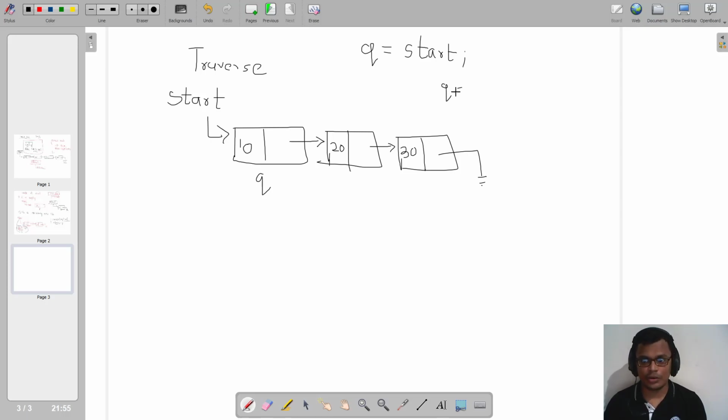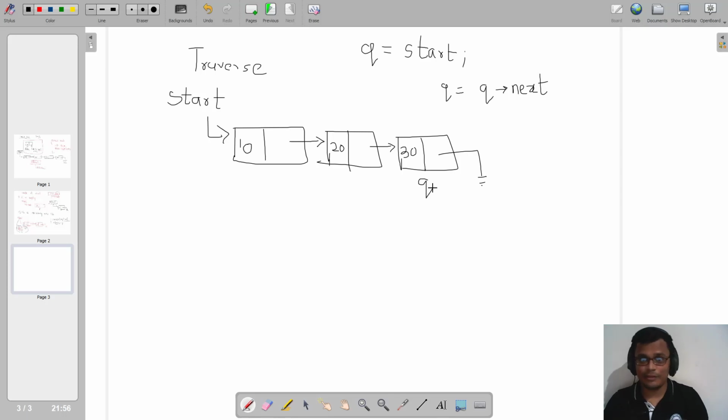How will I go to the next node? I will make Q as Q's next. What is Q's next? This node. So this will become my new Q. Then again I'll print Q's data. Again I will do Q is equal to Q's next.